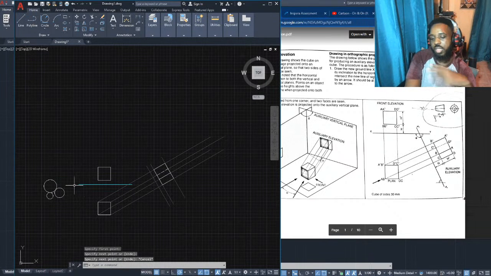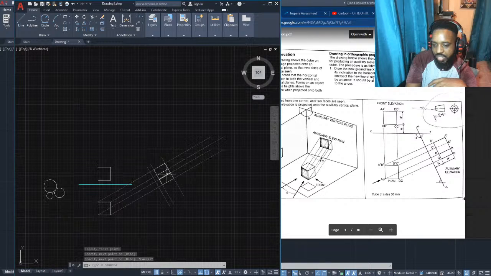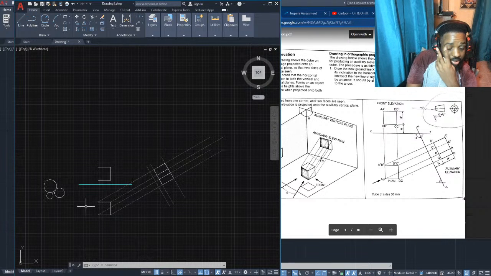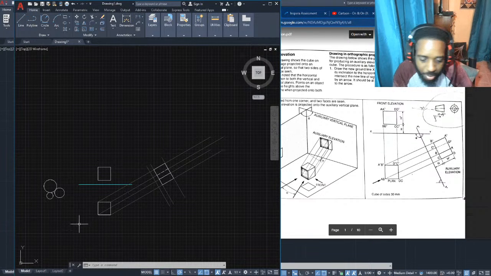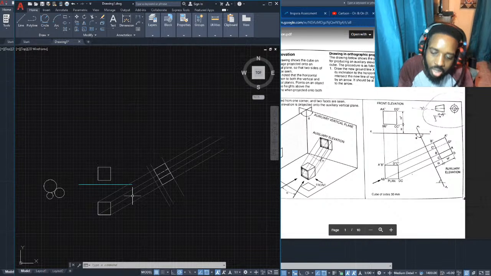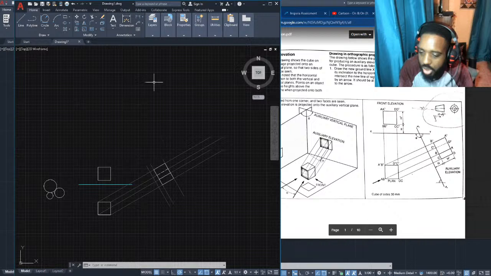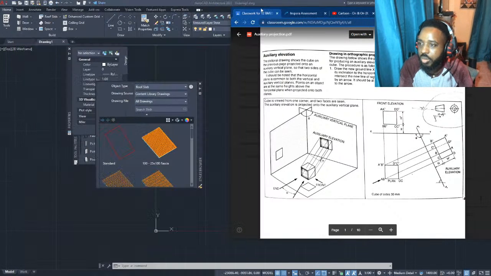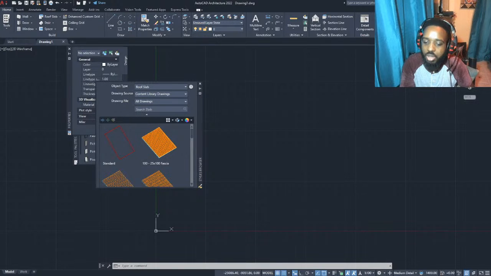And I'm done. So this is the front view, this is the plan view, and this is the auxiliary view. This is what I would see if I'm looking at this from behind here at a 30-degree angle. See this edge, which is here, this edge is here, and that edge, which is the line there, but I wouldn't be able to see that there, so that would be represented in a broken line. So that's what that would look like.